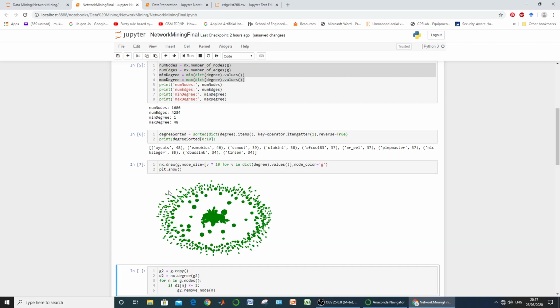So this is the graph drawn for us. Here the size of a node depicts its degree, meaning the thinner nodes have lower degree and the thicker nodes have larger degree.